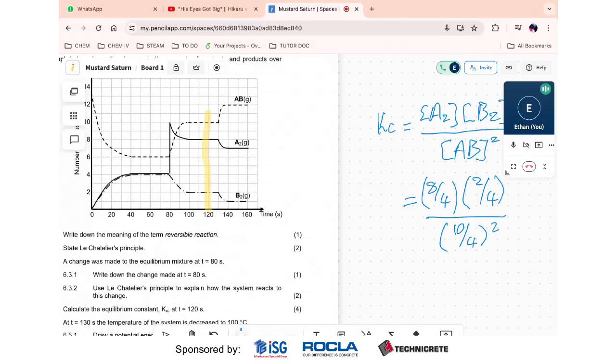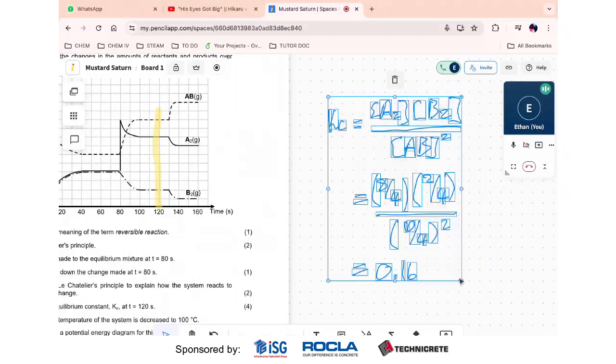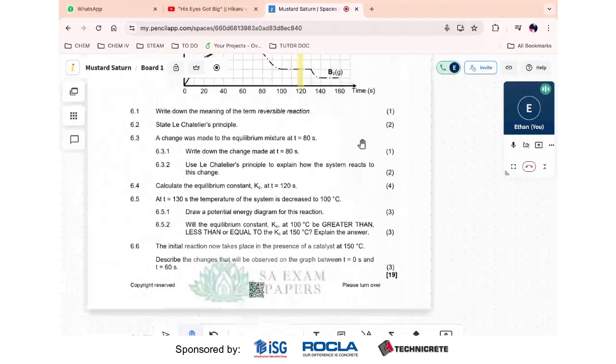And then we just simplify this out. You can use your calculator. You can do it in steps, or you can just jump to the answer, which is 0.16. All right. Yeah, so that answers that. Moving on to the next question. So question